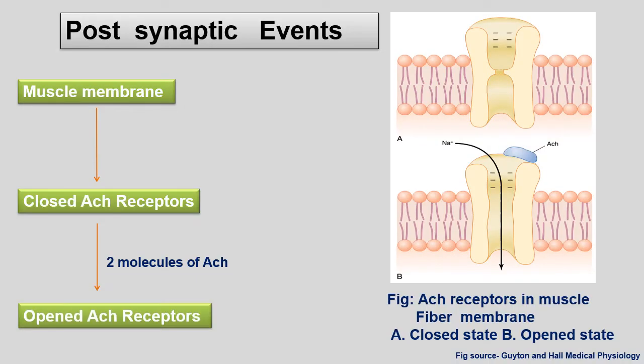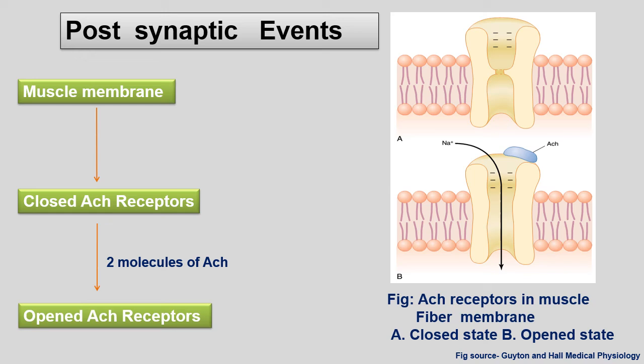Now, let us discuss how the signal is transmitted to the muscle fiber. As already stated in the previous slide, on the muscle fiber membrane there are many small acetylcholine receptors, also called acetylcholine-gated ion channels, located near the mouth of the subneural plate. The acetylcholine is released in the synaptic space. As we can see in the figure, the channels of acetylcholine receptors remain closed until two acetylcholine molecules attach to the receptors at the alpha subunit.